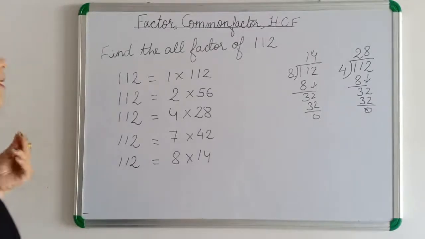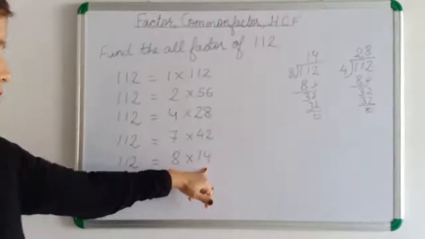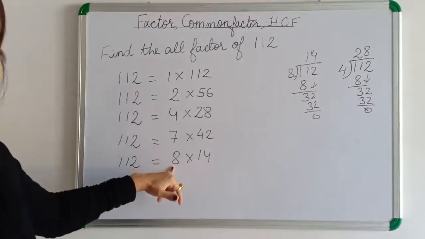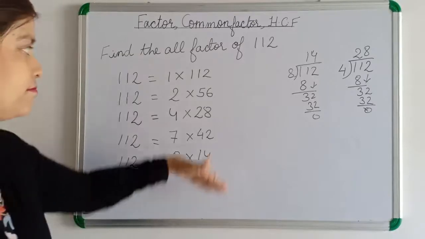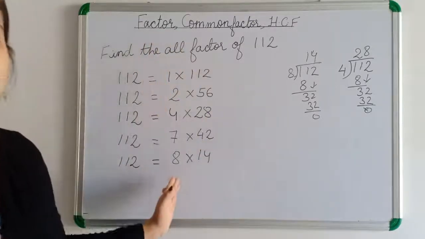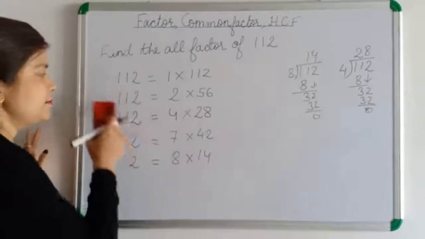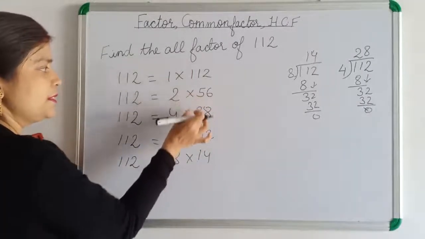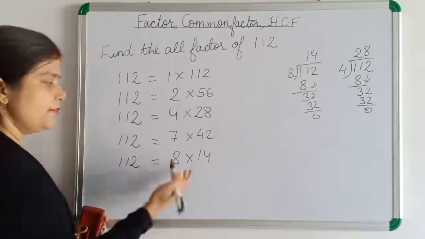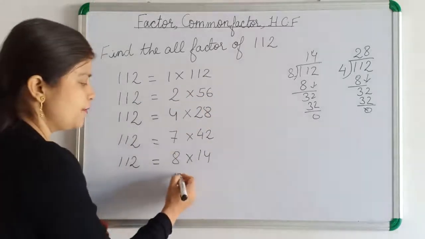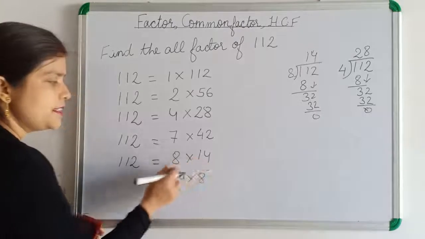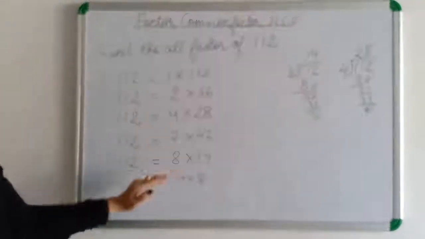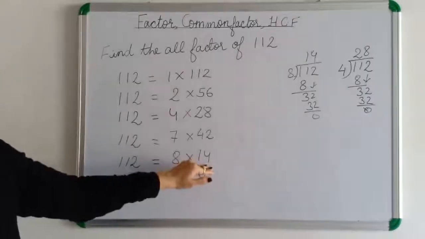So now we will not go for 14. It is divisible by 14. Again we will get 14 into 8 only. All the things will be repeats only. So we are getting only the product of these two numbers. If you divide by 14, then you will get 14 into 8. It is just repetition of 8 into 14. So no need to go further. You stop here only. Till 14 you can check.